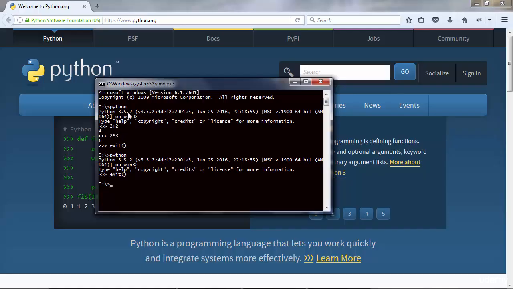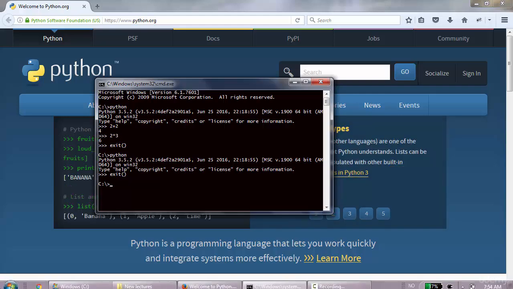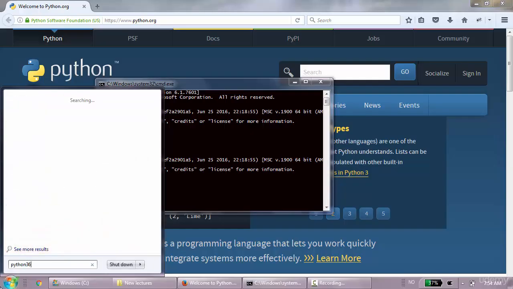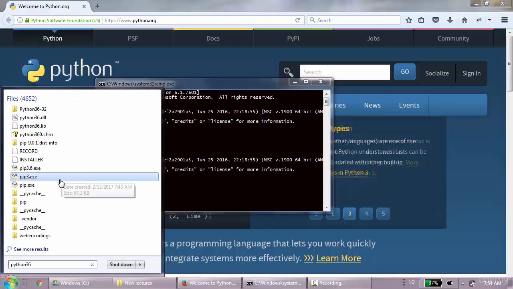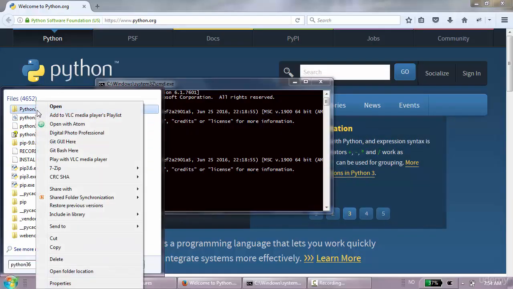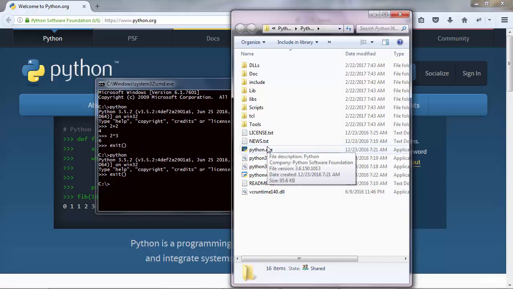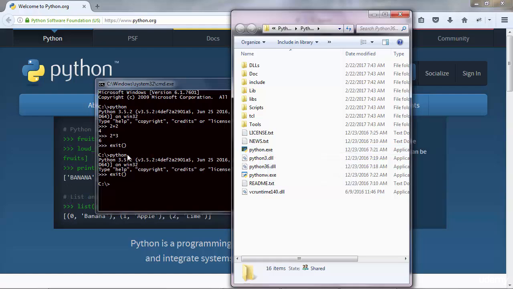For instance, Python 3.5.2 has these commands to run Python. Now for Python 3.6 we need to assign another command, and I'll go and search for the installation directory of Python 3.6. So open that. Now, when you enter the Python command here, Windows is looking at the Windows path variable, and it's searching for this command, Python, but this was already occupied by Python 3.5.2.